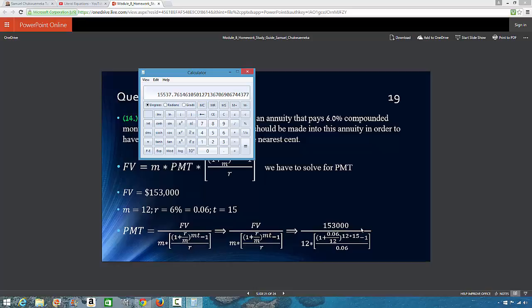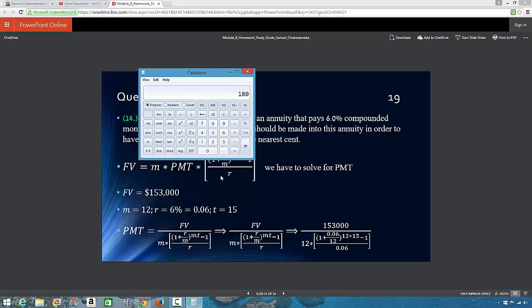My numerator is just a number, so I leave it. I concentrate more on the denominator. I have a bracket, and I have a bunch of stuff in that bracket. Now, 12 times 15, let's do it first. 12 times 15 is 180. So, write 180 down in your paper. Okay, write 180 down in your paper. That is the exponent. Okay, so now let's go back,